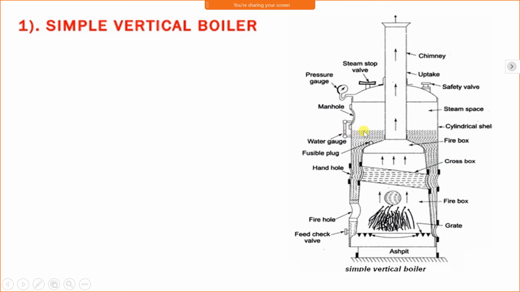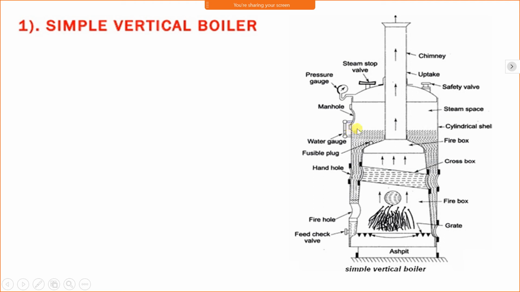in the boiler. Now, two or more cross tubes are provided in the boiler to increase the heating surface, and for cleaning of these cross tubes, hand holes are provided. Hand holes are provided in each cross tube. Cross tubes are used to increase the heating surface. If the heating surface area increases, production of steam will be high.